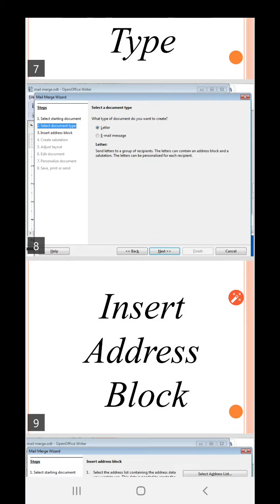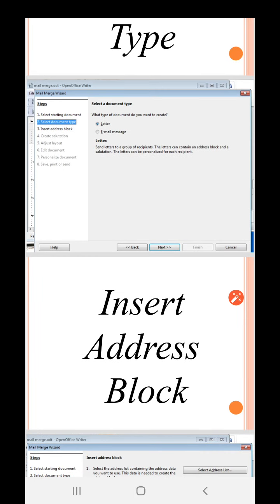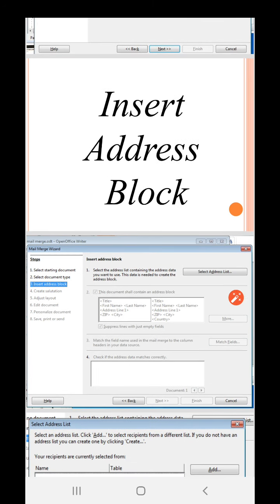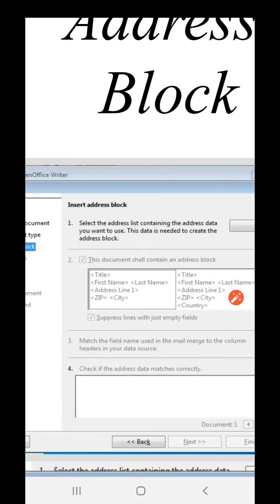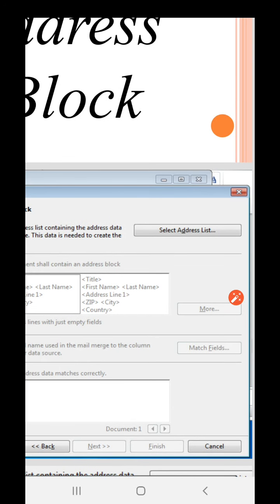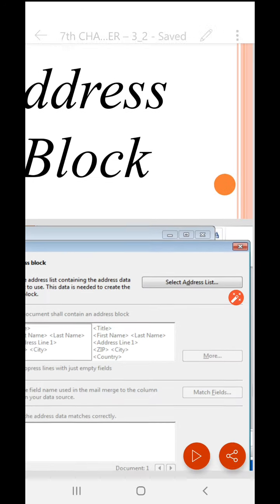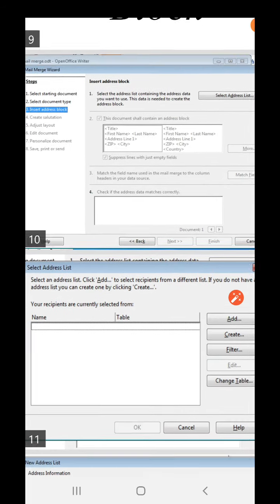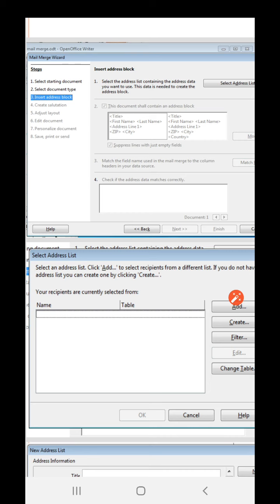The third step is insert address block. When we click on the next button, it will show this dialog box. There is an option select address list. When we click on select address list, it will open up a new dialog box, Select Address List.